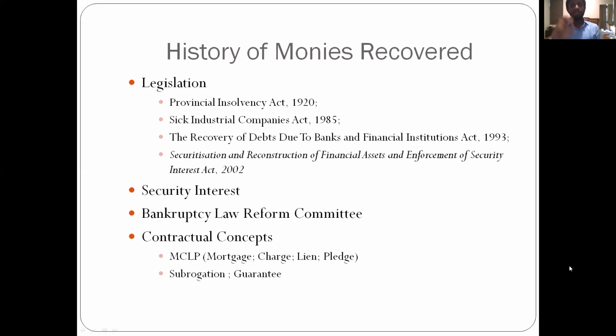But an interesting thing to do with the Recovery of Debts Due to Banks and Financial Institution Act was that it introduced a concept of set-off and counterclaim. Now, what exactly is set-off and counterclaims? It basically means that if I am a bank and I give you money, at a later stage you can also claim certain money against me, in the sense you don't owe me money, but I owe you further money after the disbursal has happened. To simplify it, our cross debts will cancel each other out and no one owes anything to each other. So this is a very unique concept which they introduced.